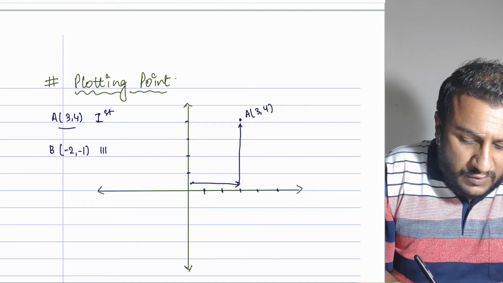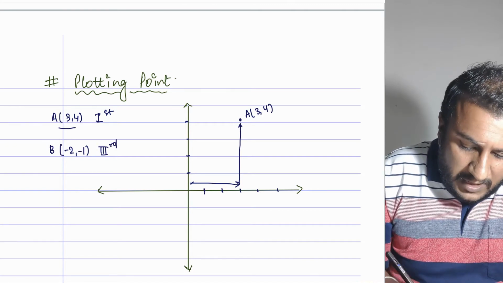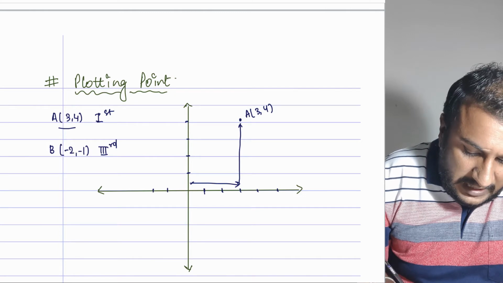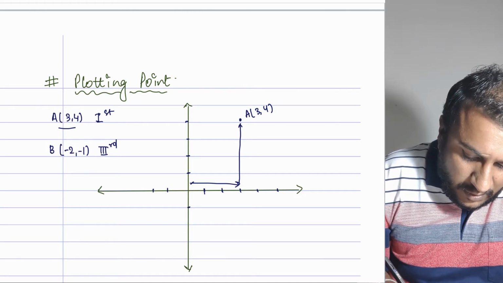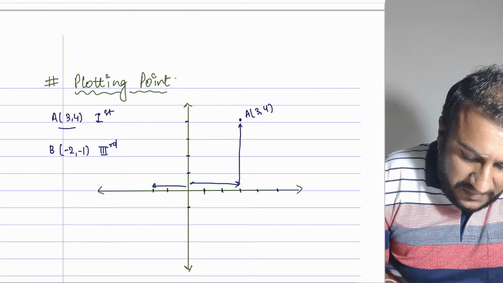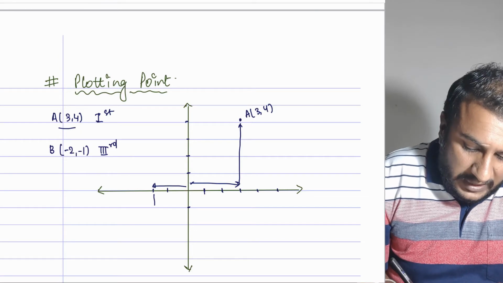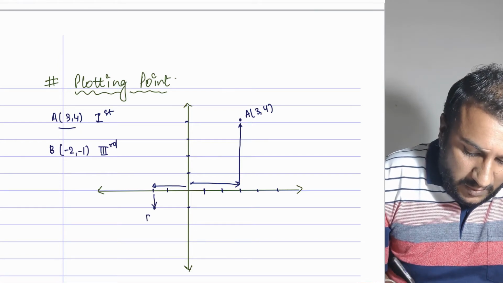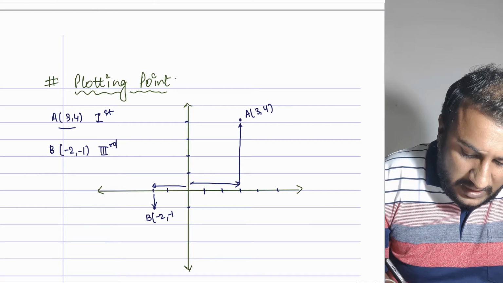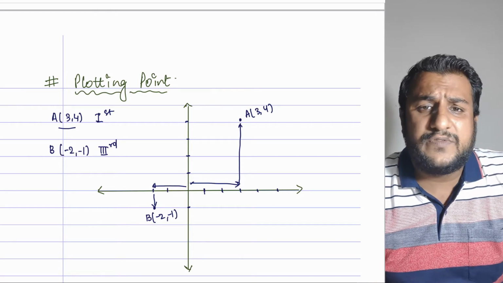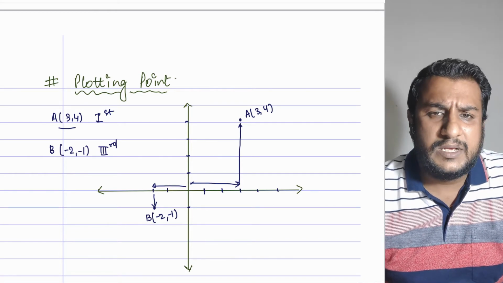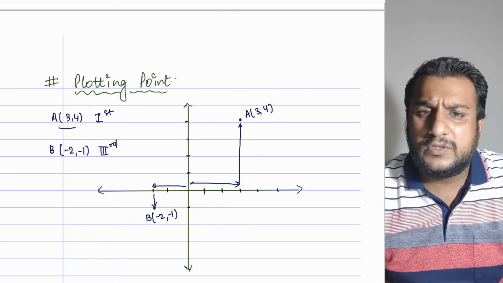So it lies in which quadrant? Third quadrant. So this is negative 1, this is negative 2. So on horizontal axis it's negative 2, on vertical it's negative 1. So this is the point B, which is (-2, -1). Yeah. So in this way we can plot any points if you know which quadrant belongs to which side of